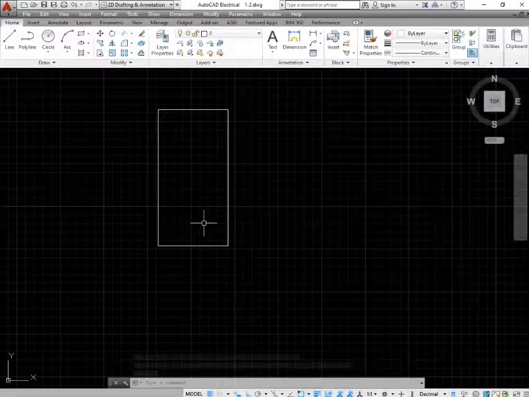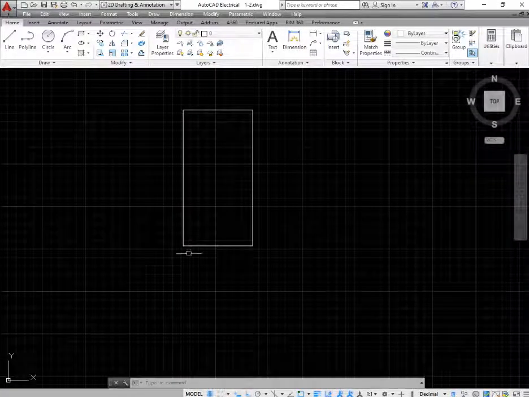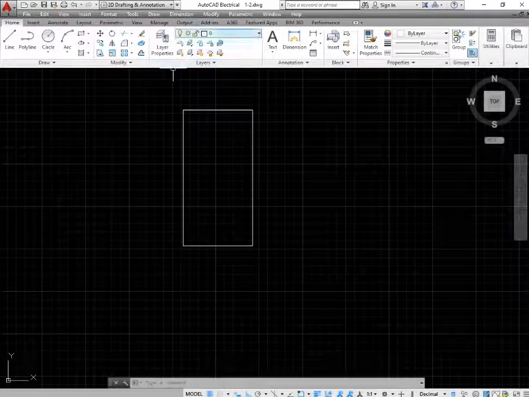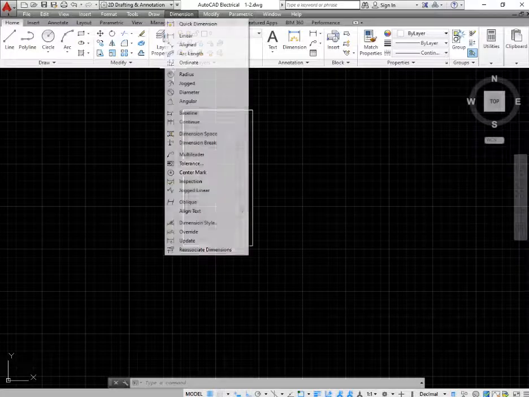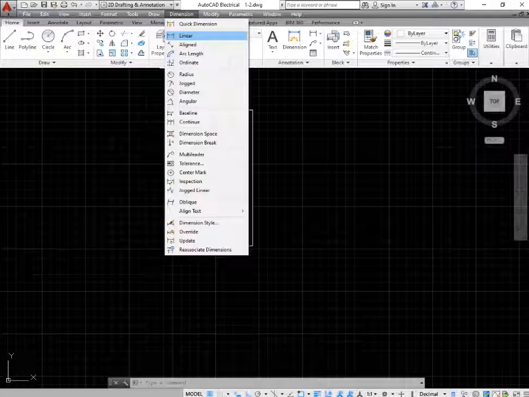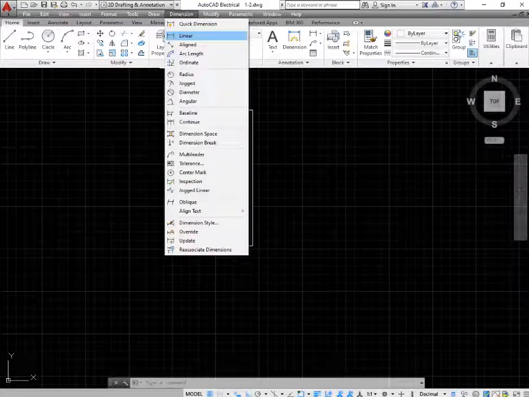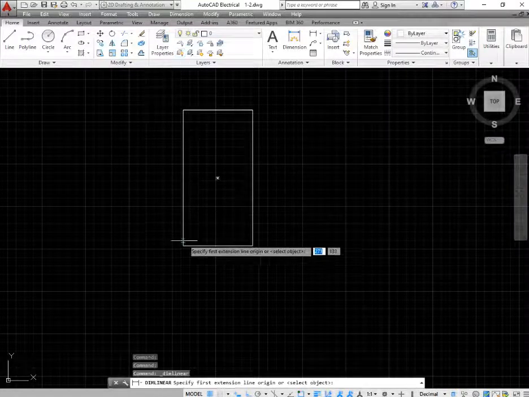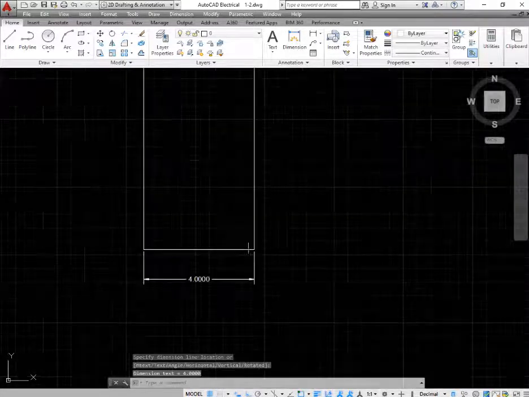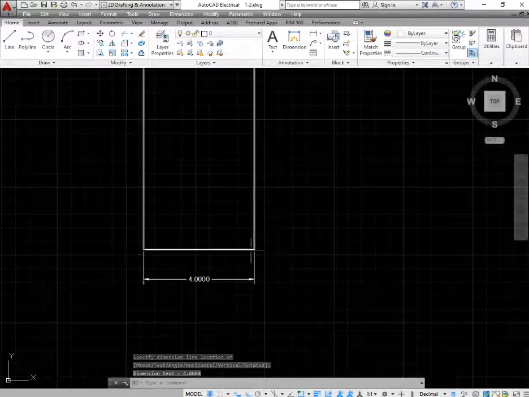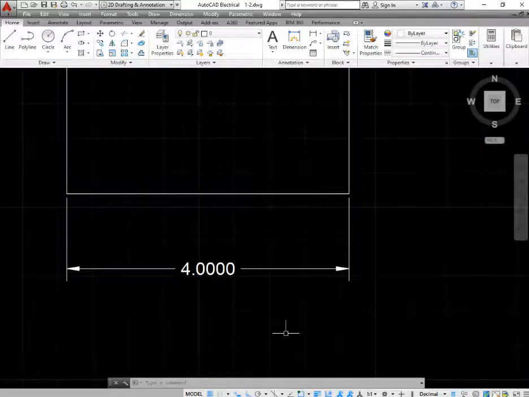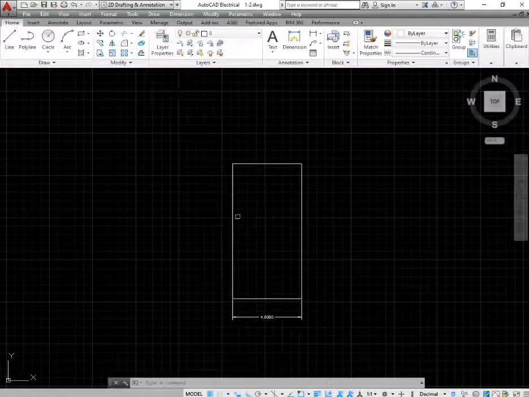Now if you want to measure the dimensions, to check that they are exactly what you have drawn, go at top menu. Here you click on the dimension. You can select the quick dimension or linear dimension. I am clicking on the linear dimension. Now click at first corner point and the second corner point, and here you can see this dimension is shown. And likewise, I am going to measure its height.